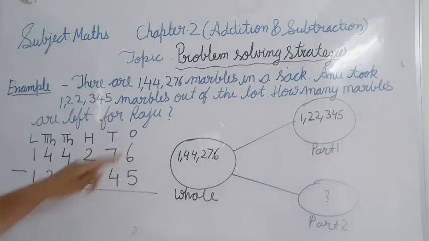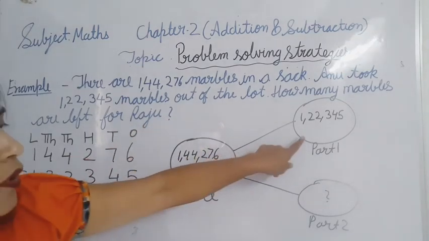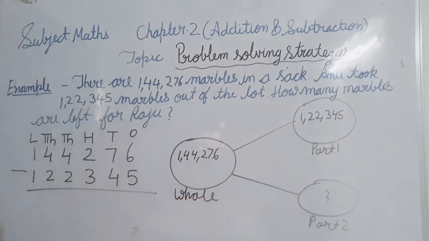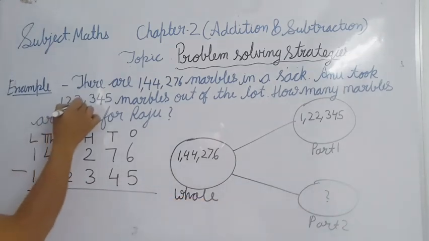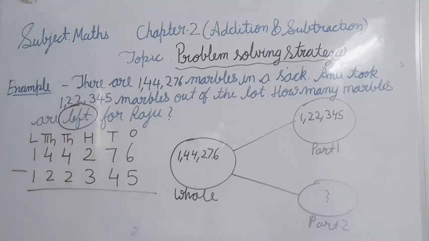Yes, if we read this problem and make the number bond, you can easily find that you have to do the subtraction here. Leftover means subtraction. You have less now, so the result should come out less. Left means we have to do subtraction. So now let's do the subtraction.